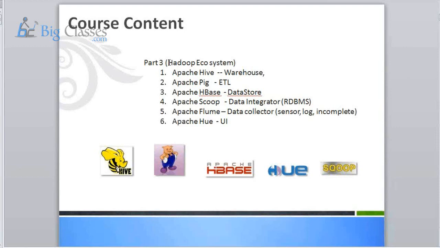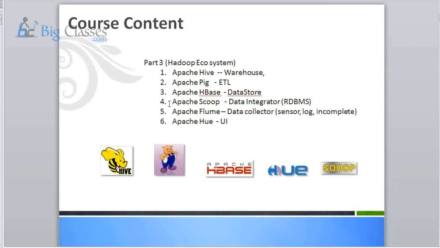And many people call Hadoop an ecosystem because together they address a wide variety of business challenges. So I'll be touching upon Hive in terms of warehousing, Pig in terms of ETL aspects, and Apache HBase in terms of a data repository or data store.